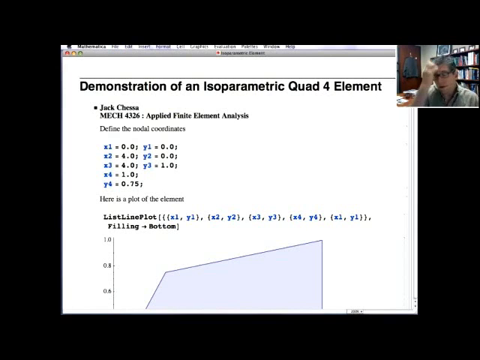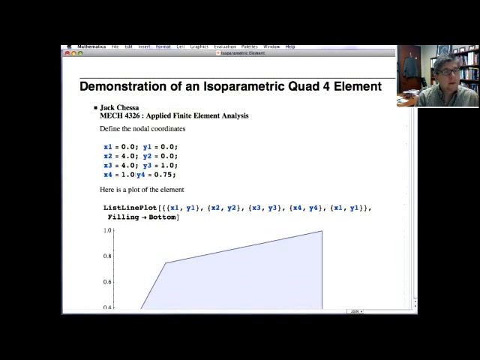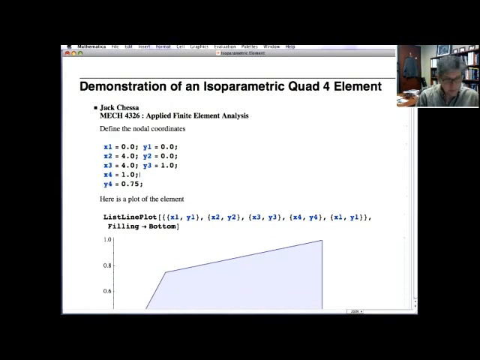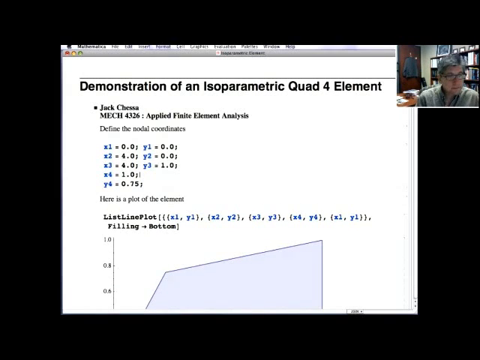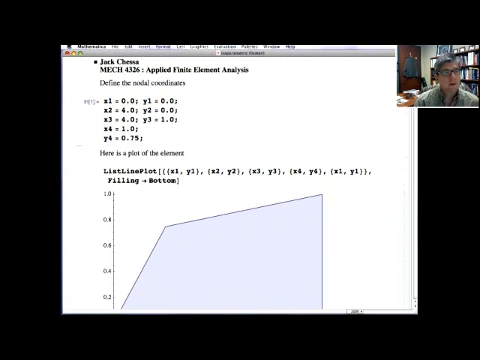So if you imagine, the first thing to define an element is actually the nodal coordinates. So first off, what we've done here is define the nodal coordinates, the x and y nodal coordinates. You can fool around with these however you wish. So we evaluate that. Obviously x and y are the coordinates: node 1, node 2, node 3,